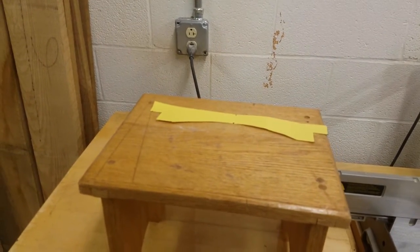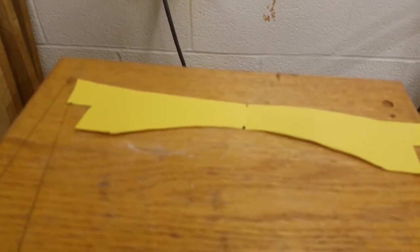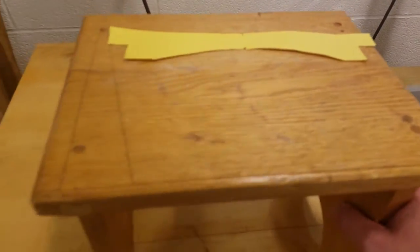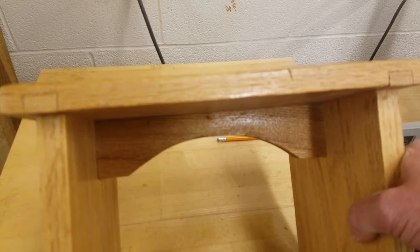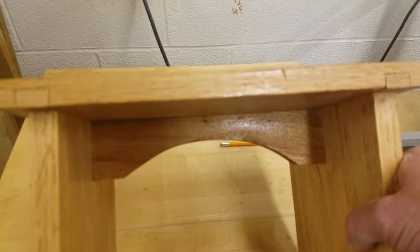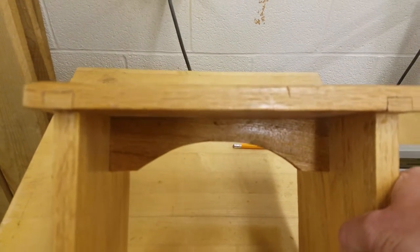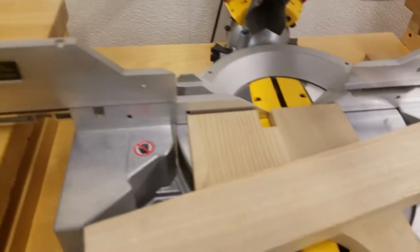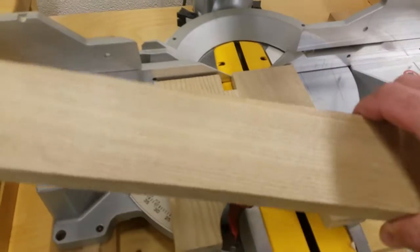The next step on the footstool, after we lay out our paper stretcher, which we just learned how to do, is to lay out a stretcher and actually make one that is functional. We have to make one out of wood. So the first thing you want to do is pick a species of wood that matches the actual footstool. The footstool that I am making is made out of sassafras, so I grabbed a piece of scrap wood